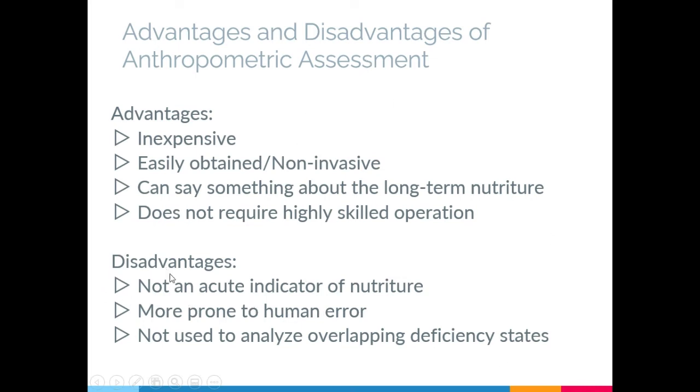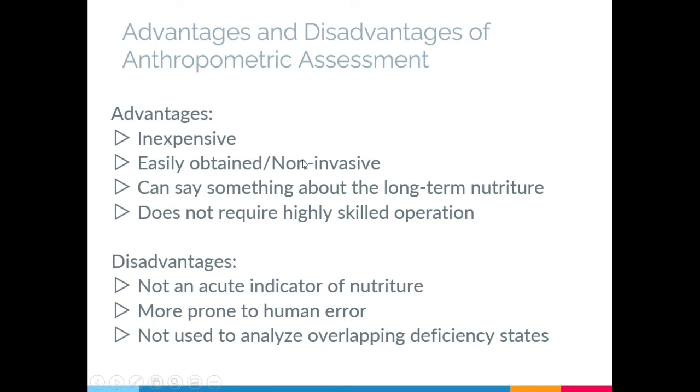But the disadvantages include not an acute indicator. So that means your anthropometric measurements would not say something, no, about the recent changes in nutritional status. So, for example, if you want to know, no, if naay changes sa iyang diet from the past week, then dili na to magamit ang antro. Kay kaning antro long term ang good siya. Okay? Siguro katong iyang level of nourishment from the past month or from the past few months kana hinuon ma-measure na to na through antro, but kung last week lang then di na siya